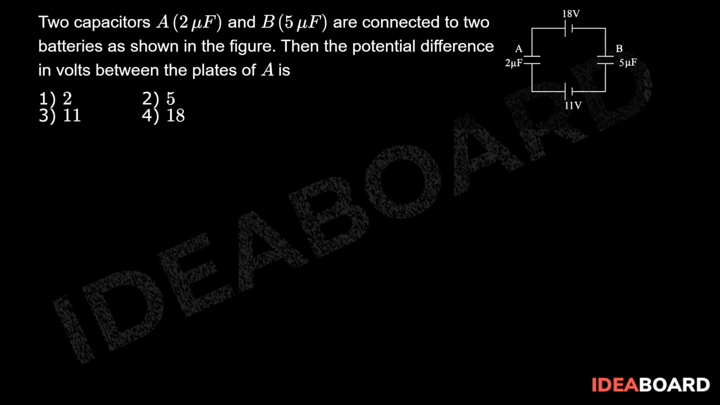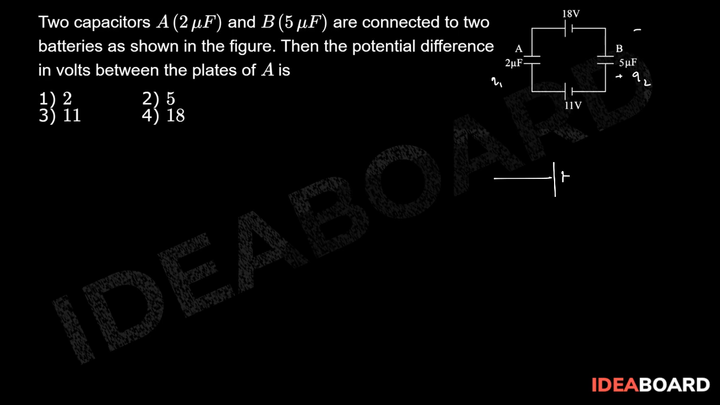Two capacitors, A 2 microfarad and B 5 microfarad, are connected to two batteries as shown in the figure. Then the potential difference in volts between the plates of A is? So let us just make the diagram and